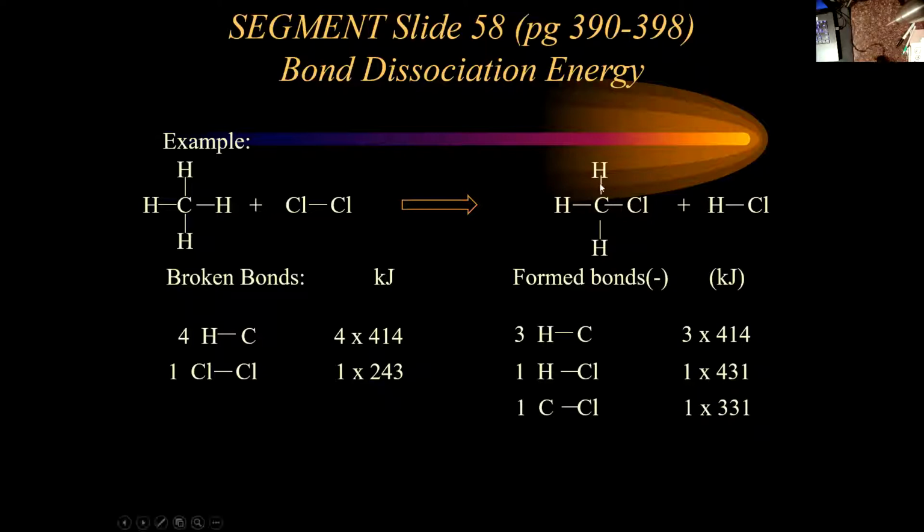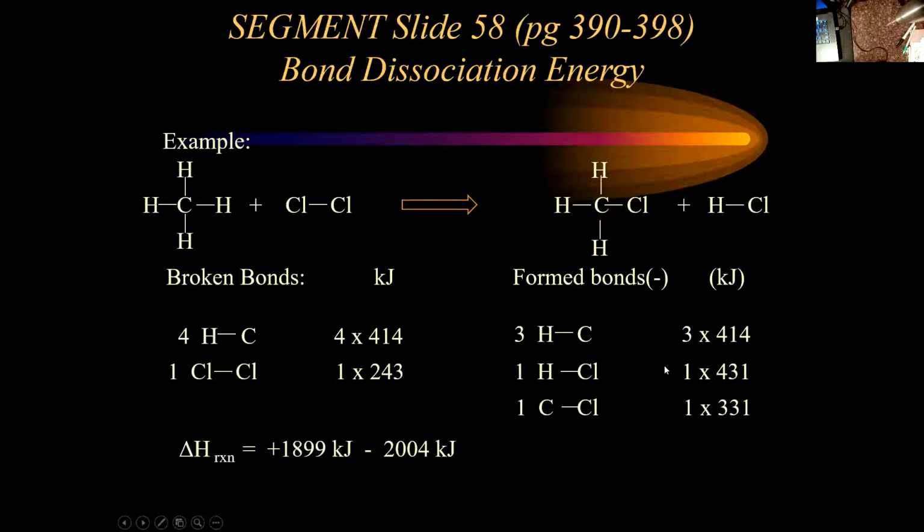Then we've got an H-Cl bond that we formed, and that's 431 kilojoules per mole. And then we've got a C-Cl bond that was formed, and that's 331. So if you add up all of the energies of the broken bonds and all the energies of the product bonds